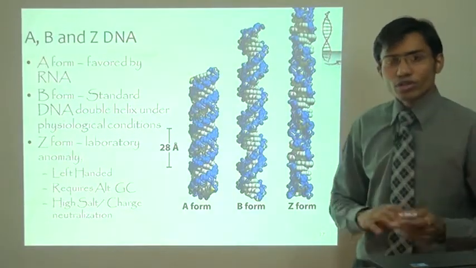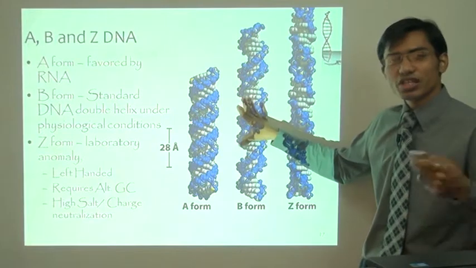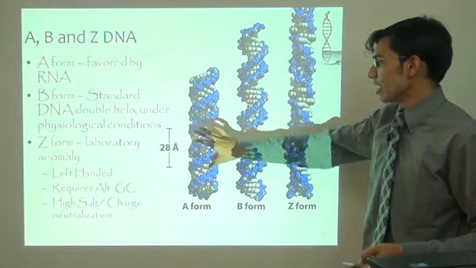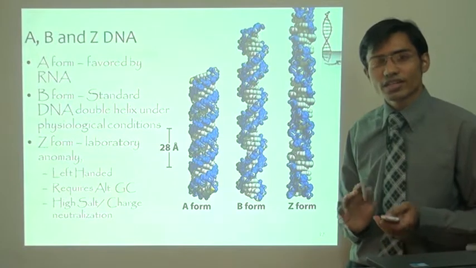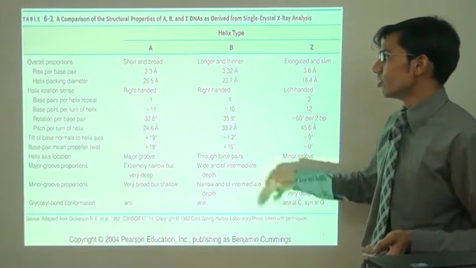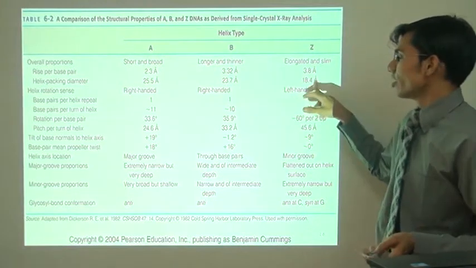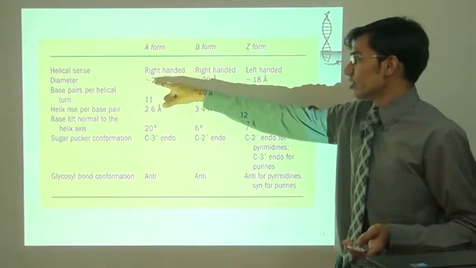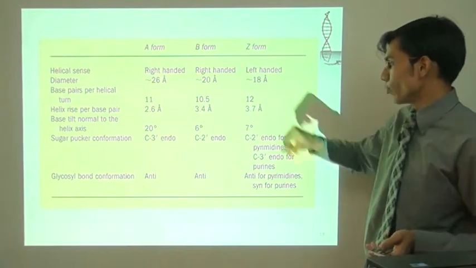So whatever we have learned till now about DNA is of B DNA, the B form of DNA, which naturally occurs in the cell, right? And there are some other forms of DNA like A DNA and Z DNA, which have slightly different physical characteristics than the B form, which is summarized in these two tables, right? In this table there is a differentiation between A, B and Z. Likewise in this table, there is a right-handed form which is the B form, and a left-handed form which is the Z form.